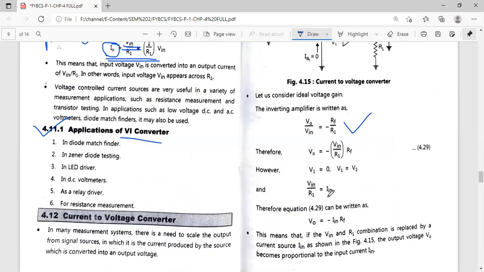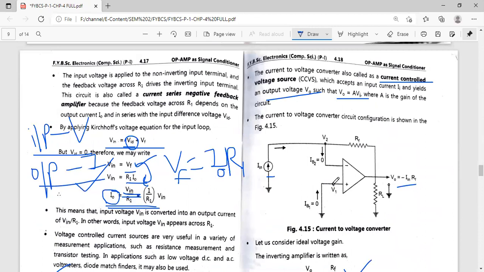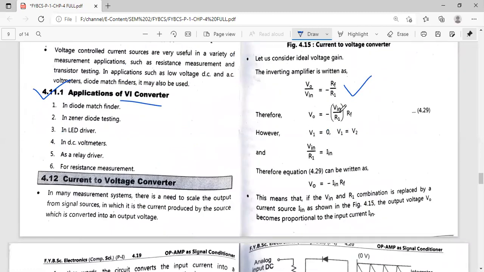Up next, we know the voltage at this point is equal to 0. V1, see here, the voltage at this point is 0. Why? Because this point is connected to the ground. Ground potential means 0 voltage. So as this point is connected to 0, V1 is equal to 0. And as we know, both the terminals of the op amp will have the same potential, so the voltage at this point, which is also equal to 0. So V1 is equal to V2, which is equal to 0. So in the above equation, we have V1 equal to 0 and V1 equal to V2, that means V2 is also equal to 0.